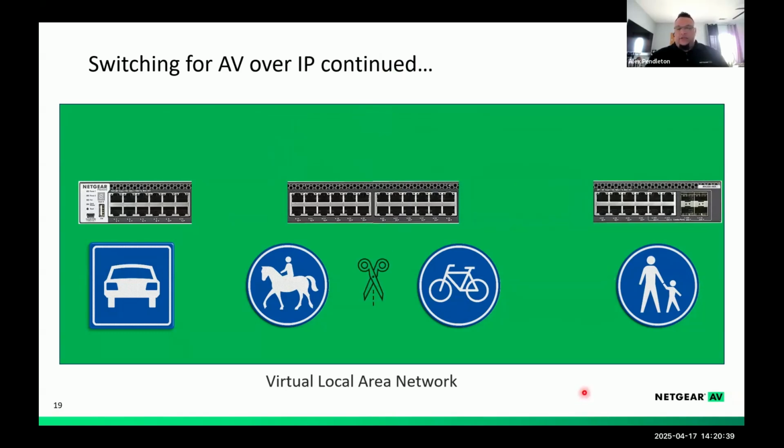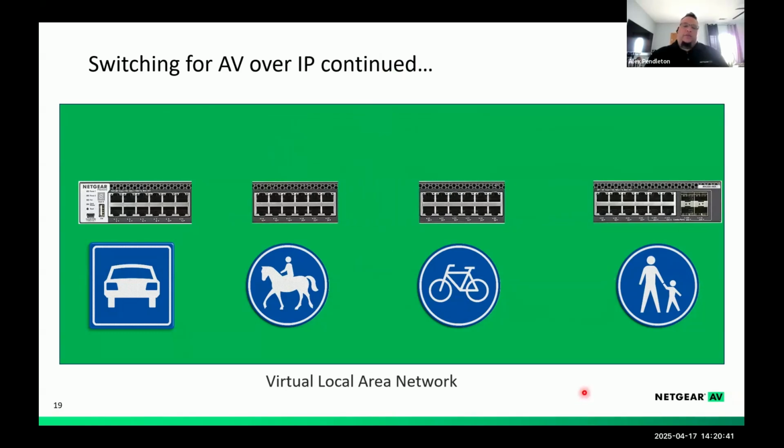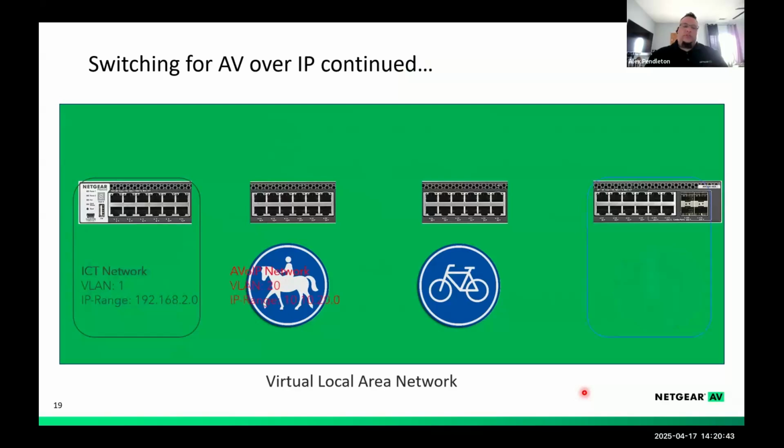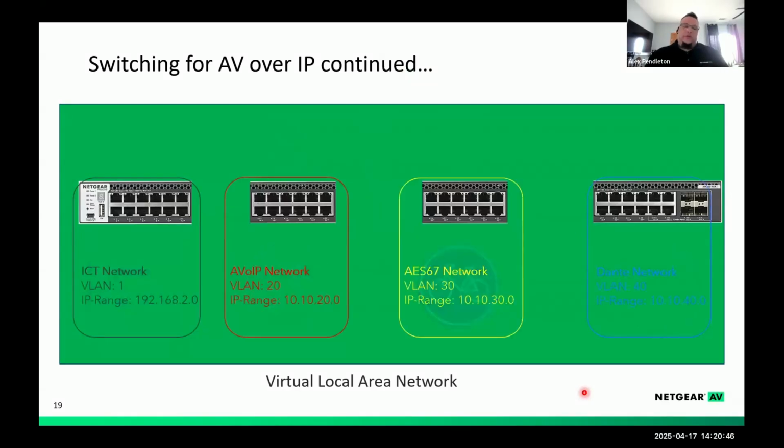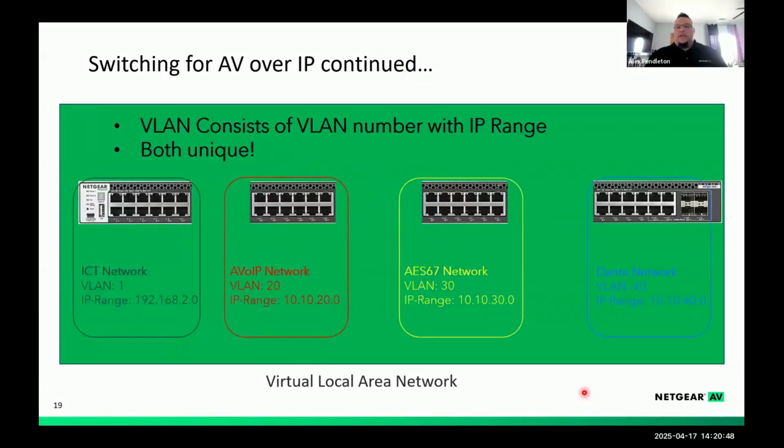All need to have their lanes on the freeway and all need to have the ways that they can get to their locations, but they don't want to interfere with each other anyway. This is how VLANs essentially are set up. And the way it works, if you're following the mouse here, we'll take my AES67 network. As soon as this red dotted packet comes into this port, the switch will ask it a question. It'll say, hey, are you tagged?